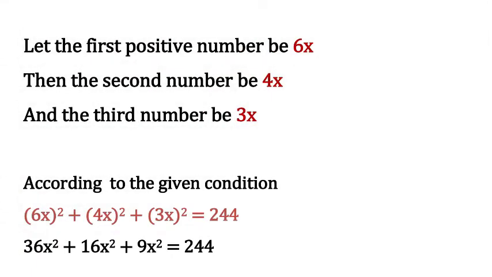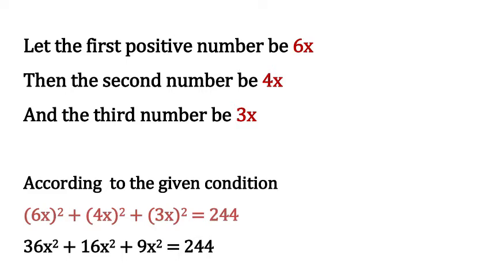Whenever any quantity has to be distributed among a ratio, you are very much familiar with the calculation. So proceed in the same way that you have learnt in your earlier classes. Let the first positive number be 6x, that is the part of the first. Then the second would be equal to 4x and the third one will be 3x.